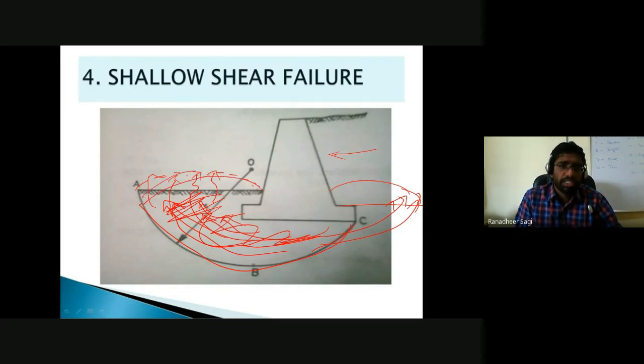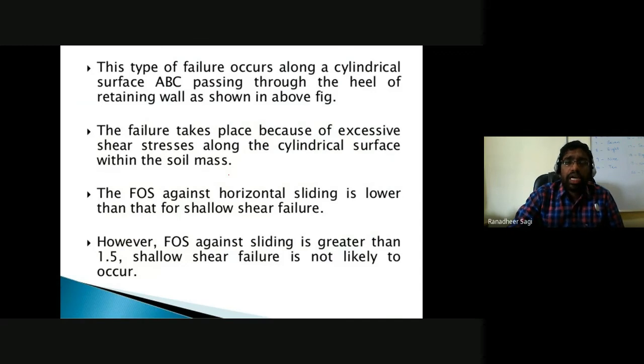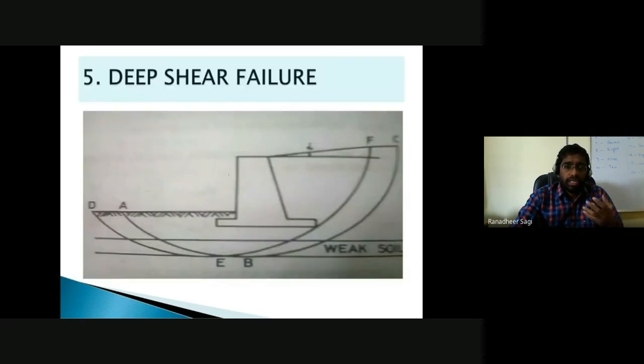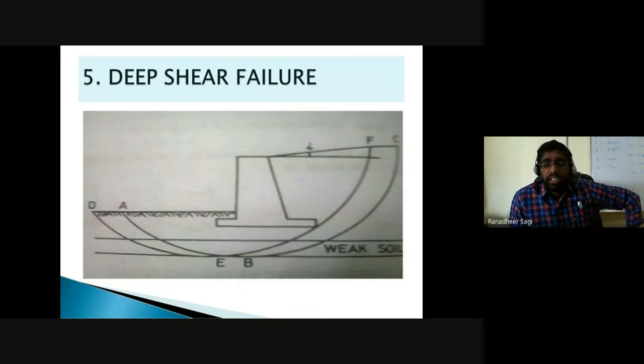A kind of heave formation, or a soil deposition heave, takes place on the other side, resulting in a failure in your foundation, which we are calling your shear failure. And if that shear failure is happening in the soil over a relatively smaller depth below the retaining structure, then we call it your shallow shear failure. Or in case that shear failure is happening into the deeper layers, because sometimes the soil layer immediately below your retaining structure might be strong, but the soil layer below that stronger layer could sometimes be weaker soil strata.